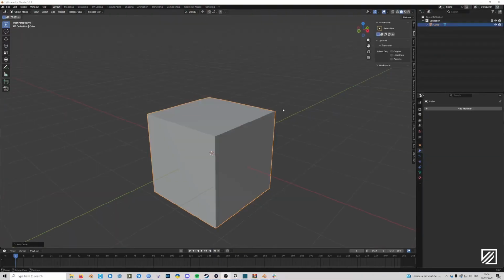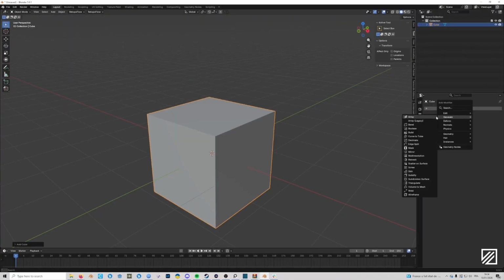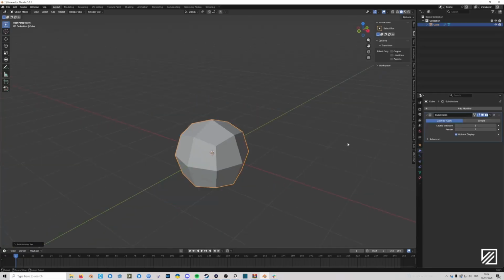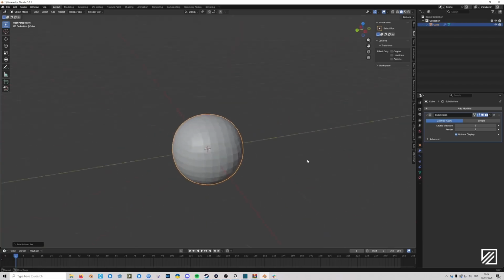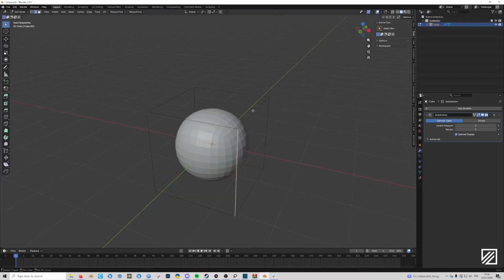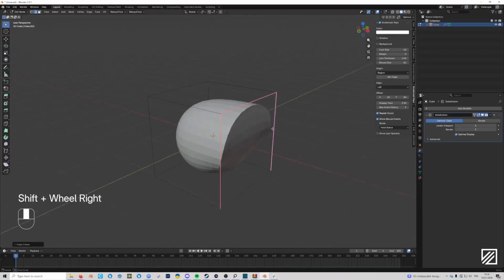One very important modifier I completely forgot to add, so this is why I edited this in, is the subdivision surface. So you access it there by adding there, or you press Ctrl 1, 2, or 3 to have different levels of subdivisions. This is equivalent to the Turbo Smooth in 3ds Max. So what you can do is select some edges and sharpen them with Shift E. Let me put back the screencast keys. And then we're back. So I can Shift E